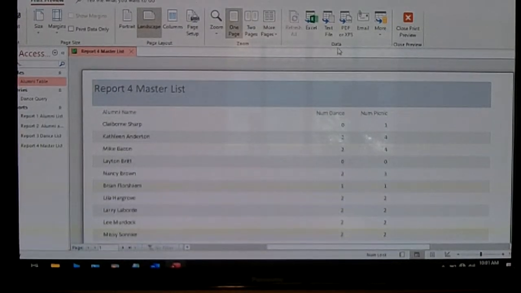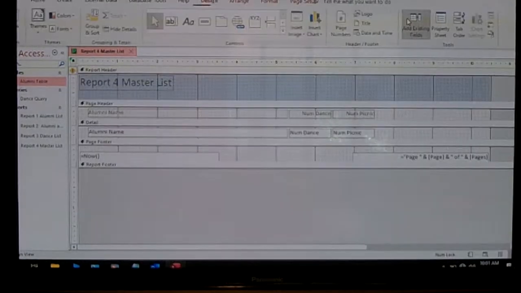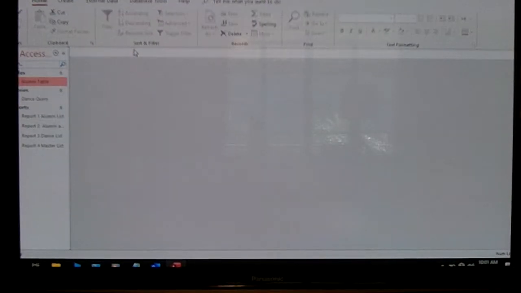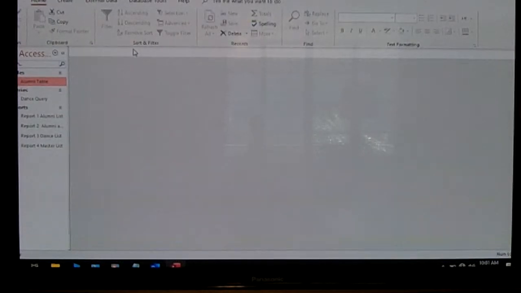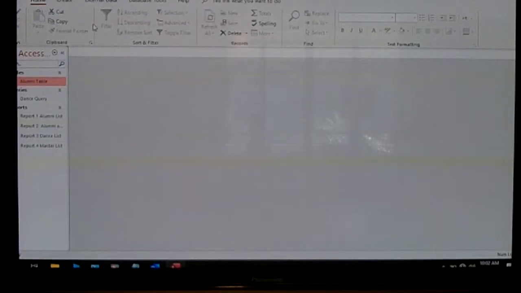And there we have our listing there. We could come over here and hit print. You might not be able to see print, but it's right there on the screen. And close print preview and exit there. And then the last report we're going to make is a list of just those coming to the picnic. And we're going to do it very similarly. So the first thing we do is go out to Create,